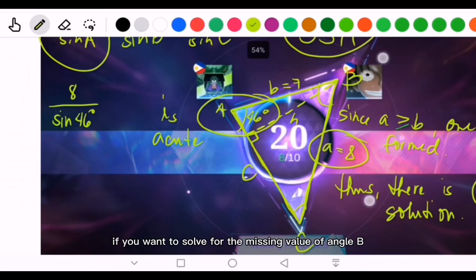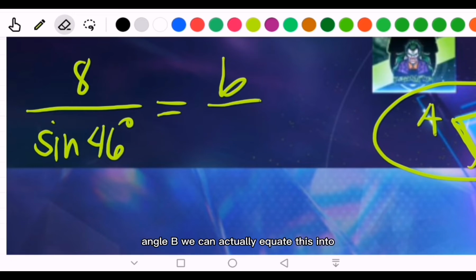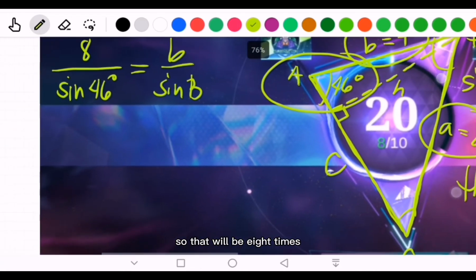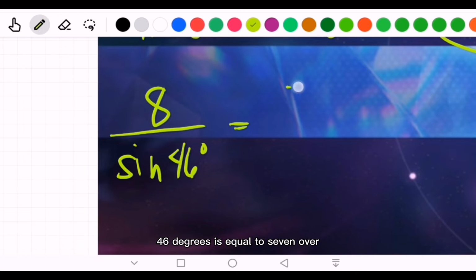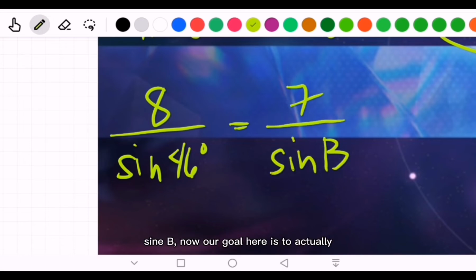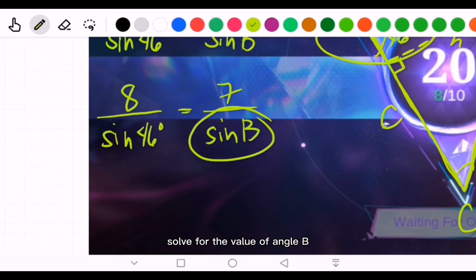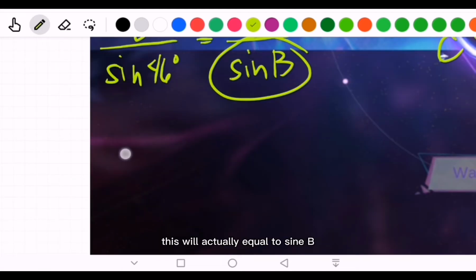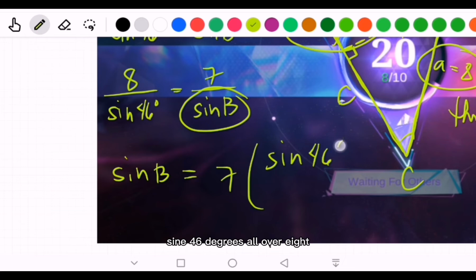And if you want to solve for the missing value of angle B, we can equate this to b over sine B. From the given, we know that the measure of b is 7. So that will be 8 over sine 46 degrees is equal to 7 over sine B. Now, our goal here is to solve for the value of angle B, so we need to isolate sine B in here. By doing that, sine B is equal to 7 times sine 46 degrees